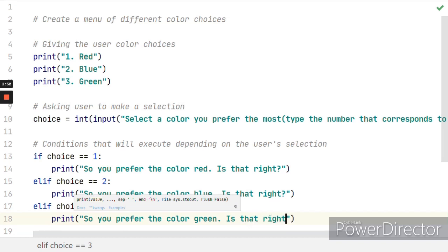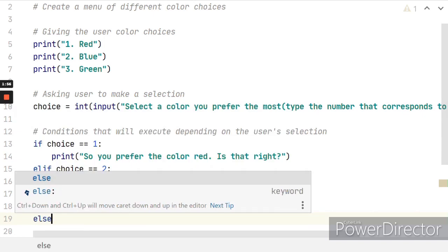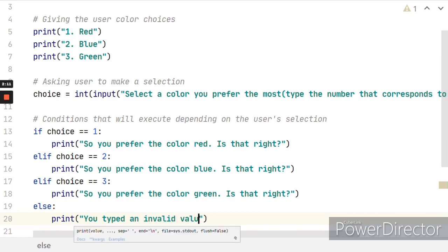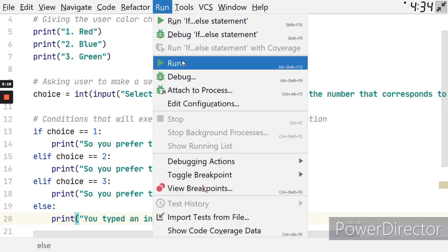Is that right? And now for the else, in this we will say you typed an invalid value. See, simple.